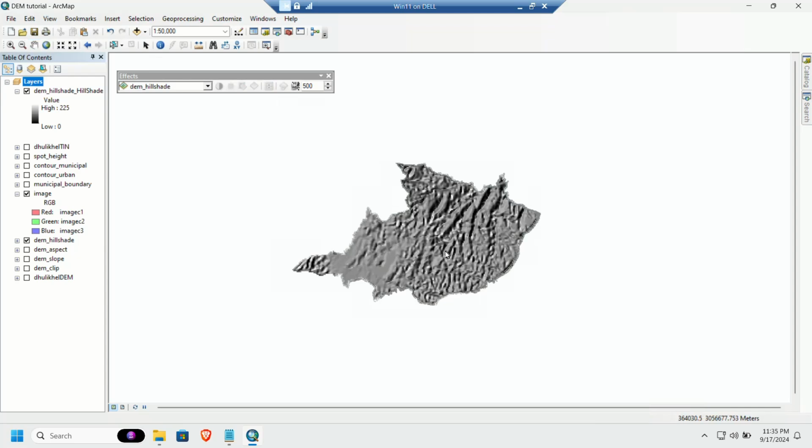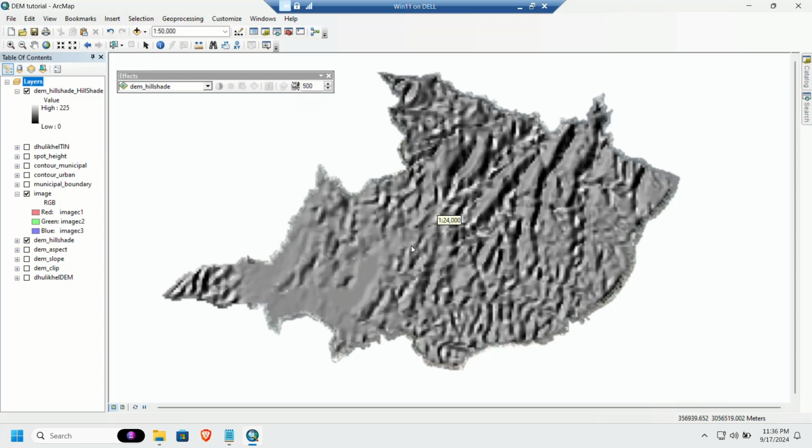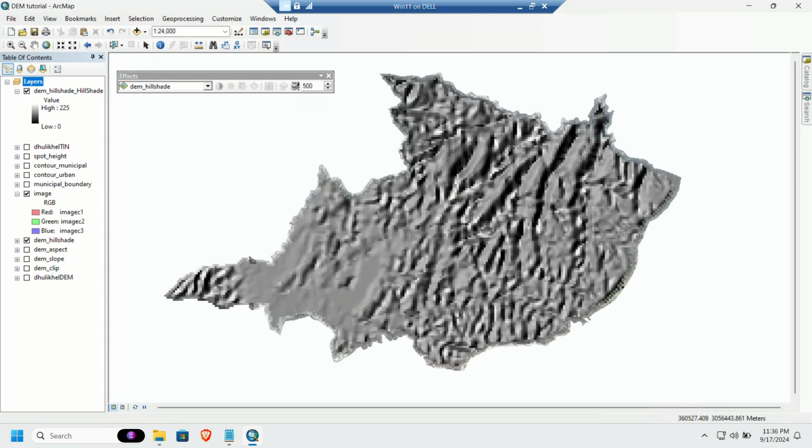Till this part we have created a very detailed DTM by Hillmark's algorithm. Now next we will, let's first change the name here to Hillmark. Okay,